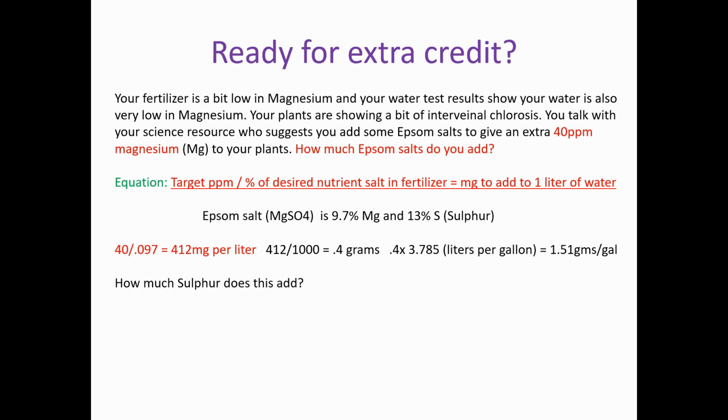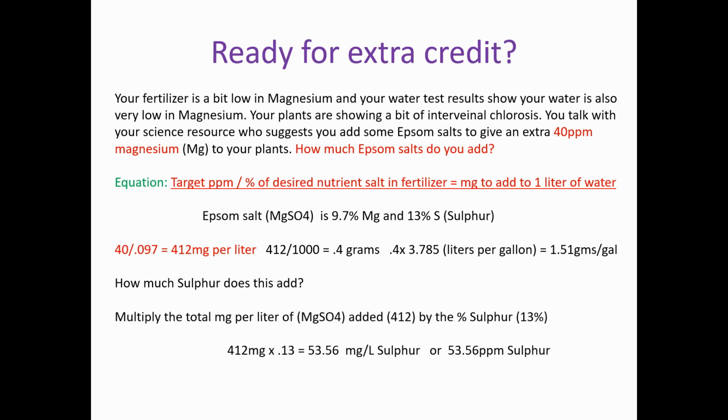But now, because Epsom salt is magnesium sulfate, you might want to know how much sulfur we're actually adding. And sulfur is an important element when we start talking things like flavor and odor. So how much sulfur does this contribute to our nutrient mix? All we have to do is multiply the total milligrams per liter of magnesium sulfate, or Epsom salt, that we added, and that's